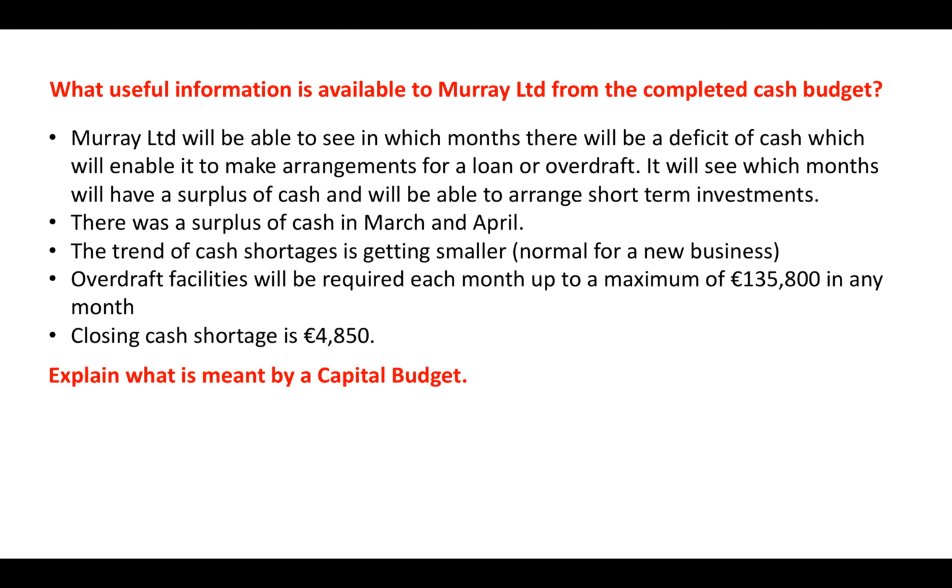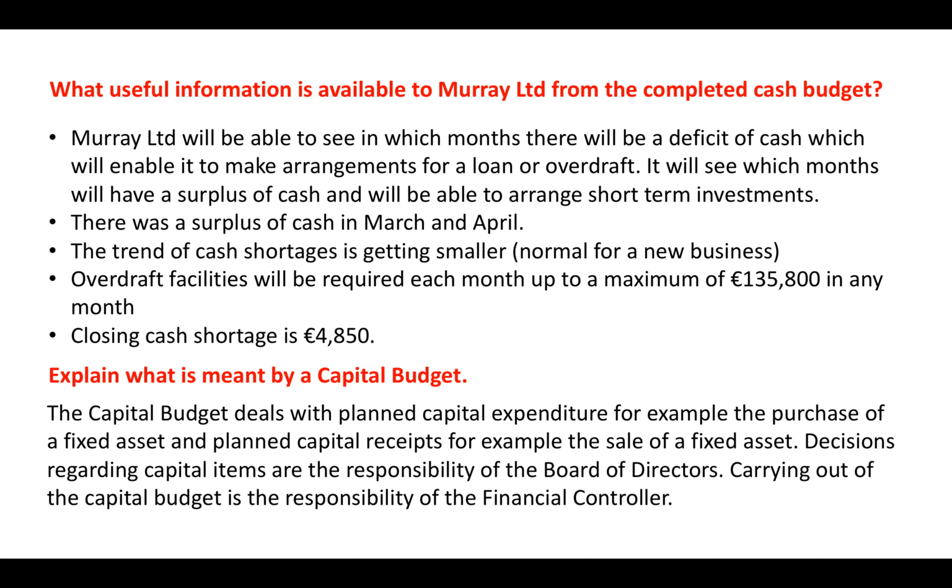And then the next part of the theory is: explain what is meant by a capital budget. The capital budget deals with planned capital expenditure, for example, the purchase of a fixed asset, and planned capital receipts, for example, the sale of a fixed asset. So decisions regarding capital items are the responsibility of the board of directors. Carrying out of the capital budget is the responsibility of the financial